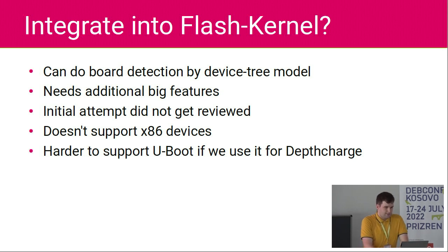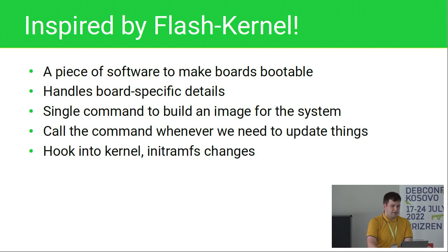And since these devices can support U-Boot, if we use flash-kernel for the Depthcharge firmware, it will be harder to use it for U-Boot and to support U-Boot on the devices. So I made a tool inspired by flash-kernel, a single piece of software to make the board bootable. I have a long list of configuration files to enumerate all the things that every board supports. It checks these to